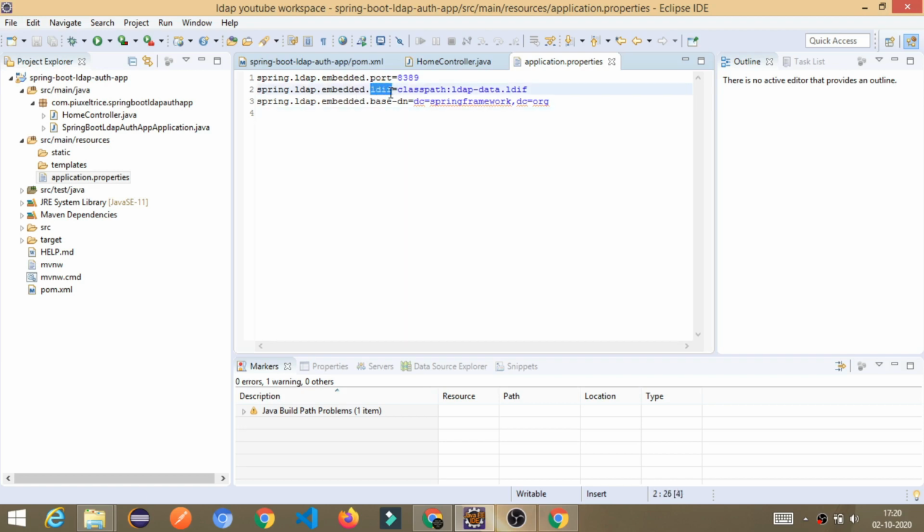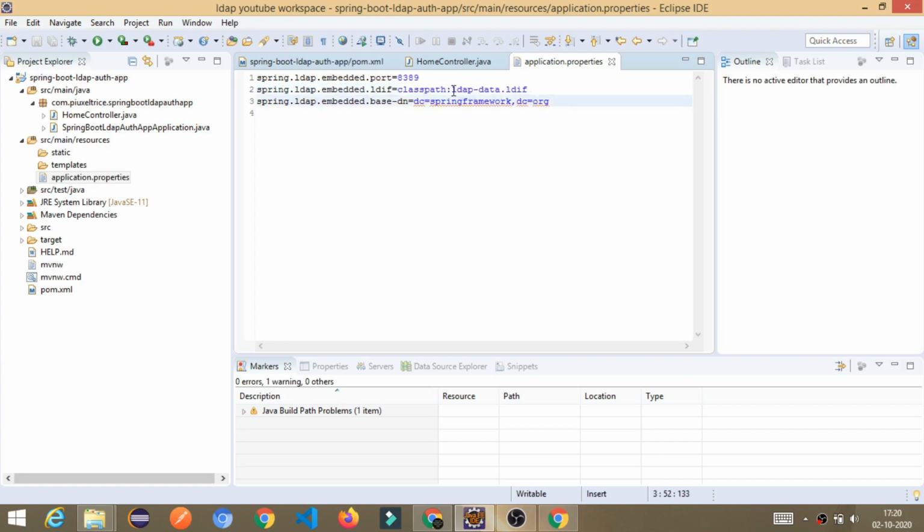The other property we have is LDIF. What is the meaning of this? Basically this is used to provide the path or the location where all your LDAP data is present in the LDAP server. Currently we are running the LDAP server in our local system only, and this is the path we mentioned where all the LDAP data, the data of the users or the organization, is stored.